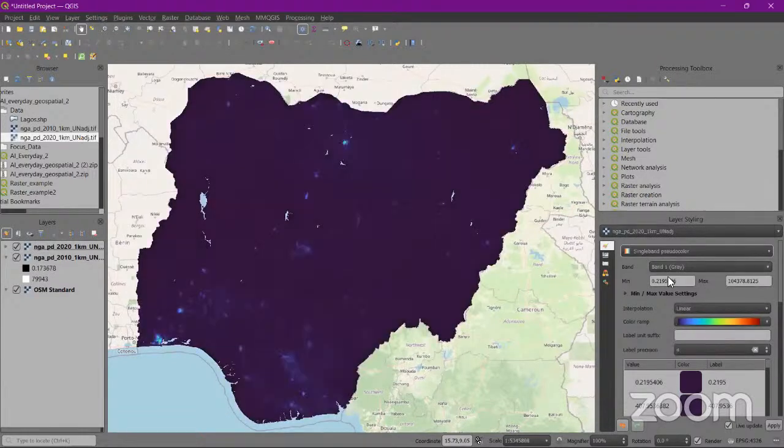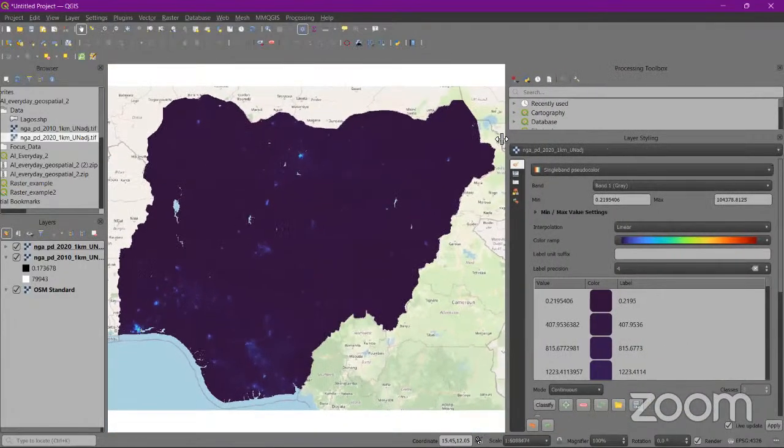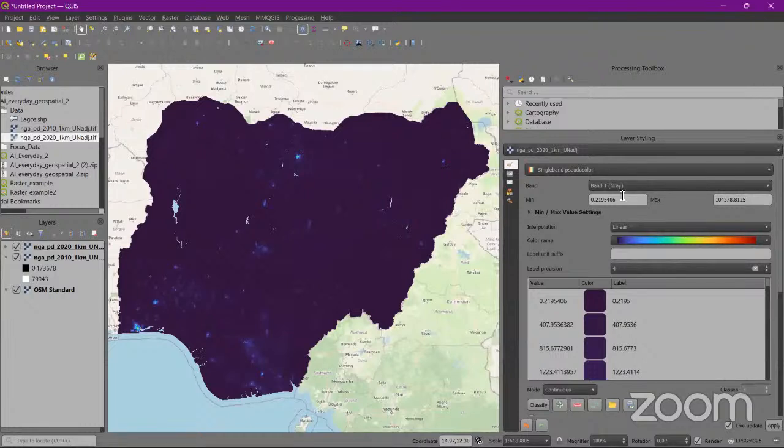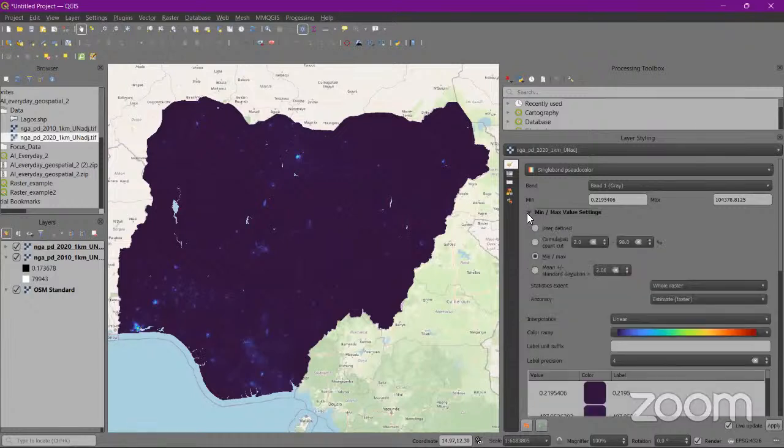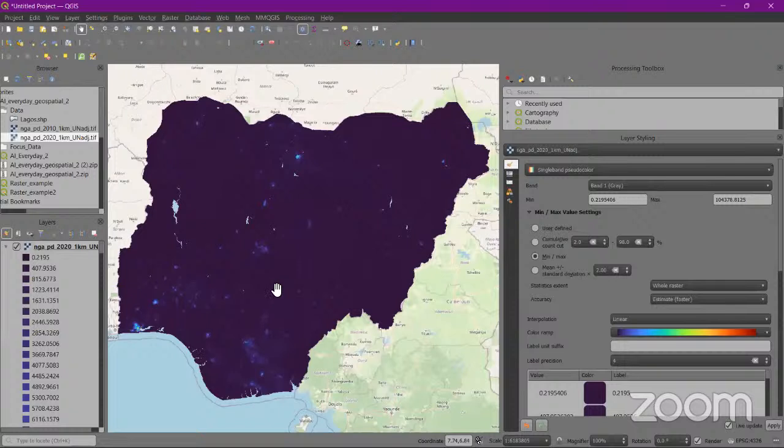You observe that we have a little bit of change in color here, and we can choose different color ramps that we want. Let me just expand this. We can always edit our layer also. The min max value setting is one of the features that controls how your data set is distributed or shown in QGIS. What you're looking at here is a range of colors showing the density of each area. You can see the darker the color, the lower the density, and the lighter the color, up to light blue,